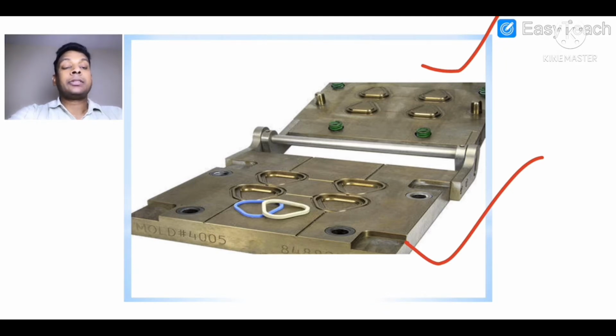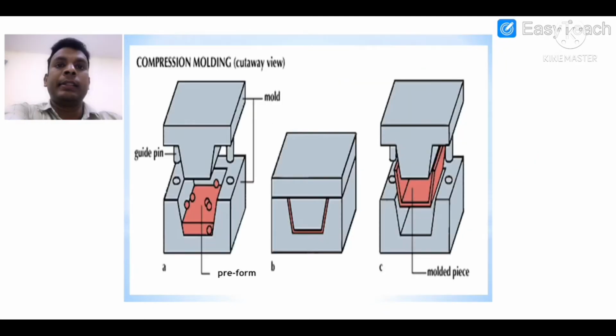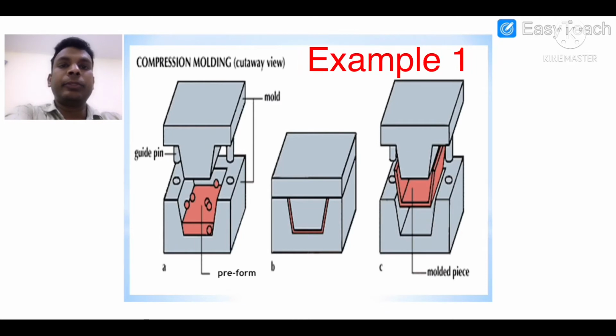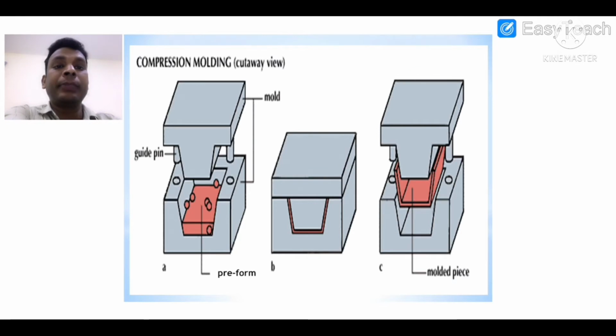Okay, so you can see here. Friends, here are some examples for mold and die with preform loaded strip, so you can understand clearly. Here three images are given, A, B and C. A is the unloaded condition, where we are loading the piece.